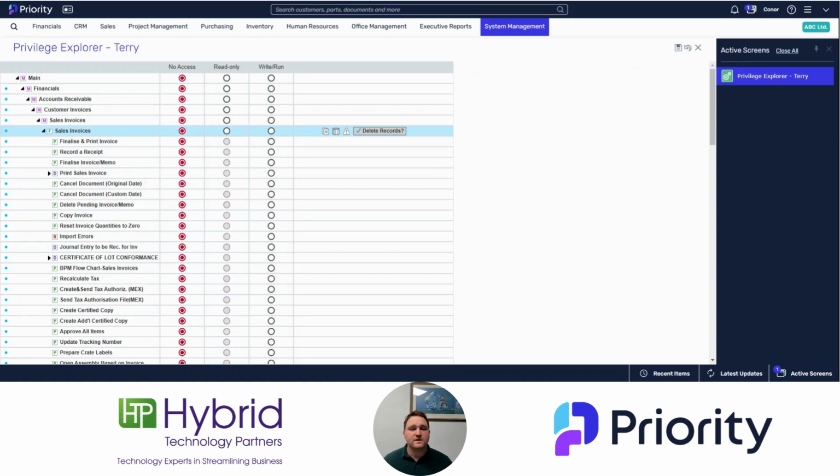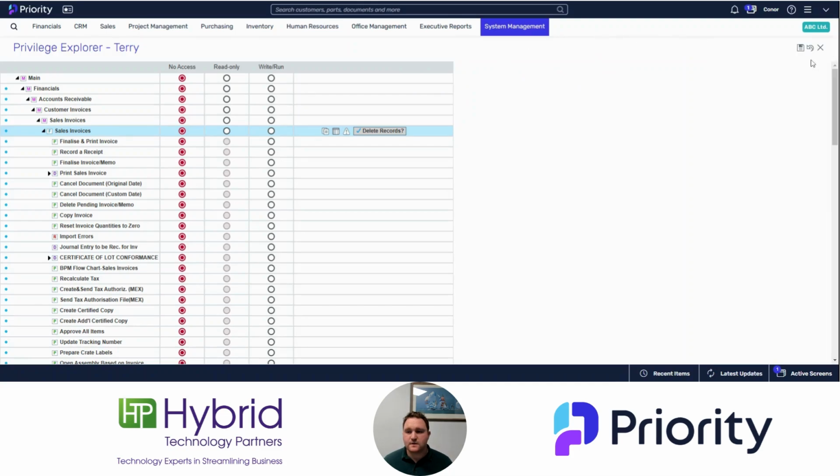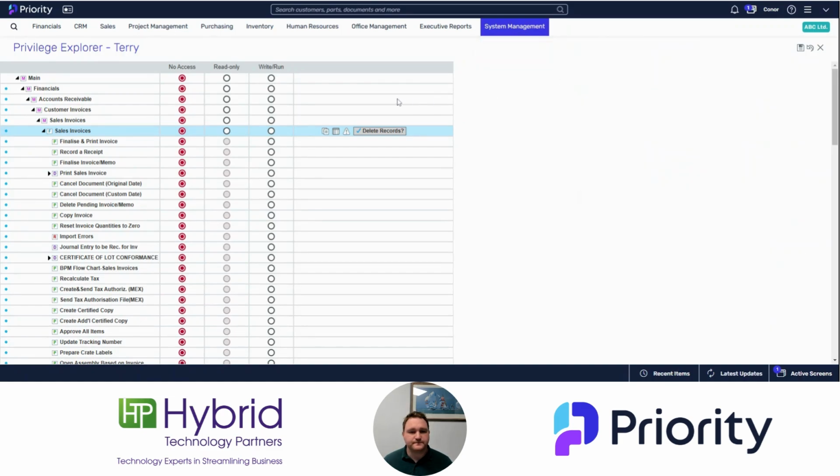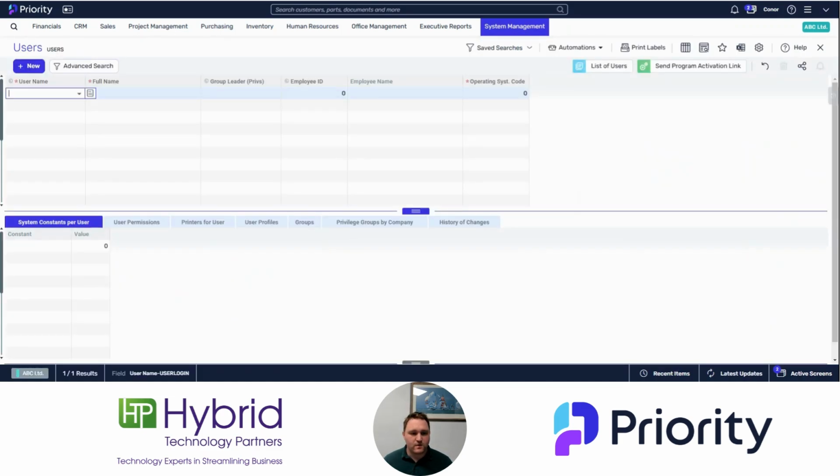Simple. So what we can do here is go back out of this and go back into the users form, and now we're going to search. We're going to use our search icon up here, and we're going to search for Terry. You'll see here, group leader for privileges. So select here, and there is a privilege leader called Tabula, and this is essentially giving Terry access to everything